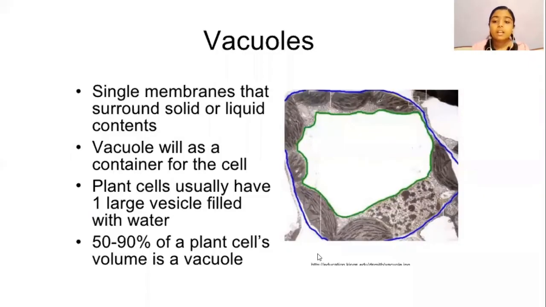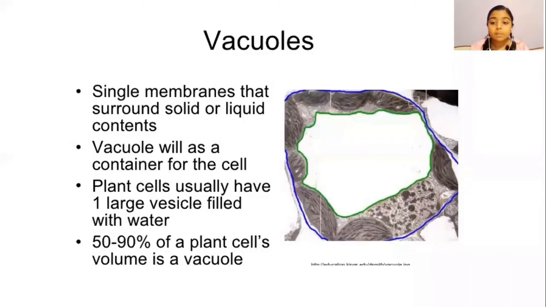Vacuoles. Vacuoles are different in an animal cell and in a plant cell. First, let me tell about the function of a vacuole. Vacuoles act as the container of the cell as they collect the energy producing materials like starch, or they keep the waste materials of the cell. Mostly plant cells have these big vacuoles filled with liquid. They take about 50 to 90% of a plant cell's volume.